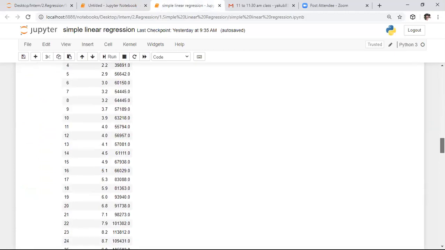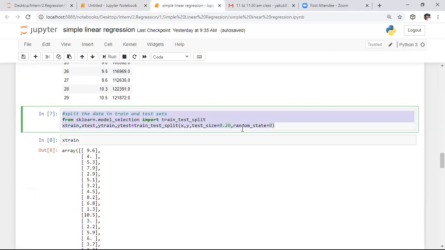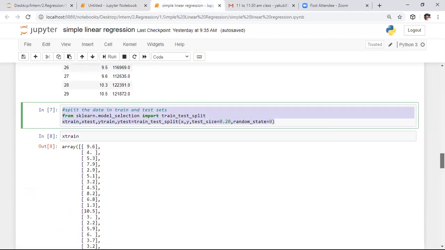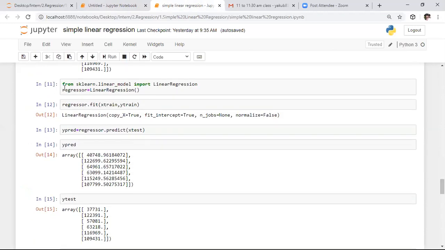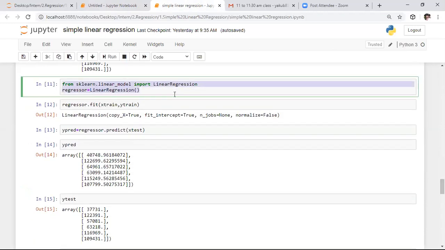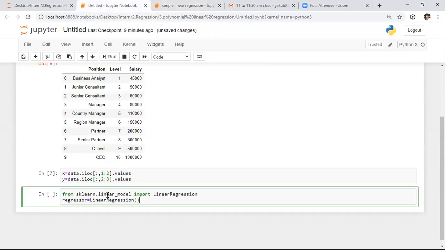So here we need to apply a linear regression model. Sorry, here we are not doing this step. We are not splitting our data set. Why? Because we have very few samples in this data. So don't be confused. To make you aware of that, I will explain the classification also today itself. So here I am applying the linear regression model on it.